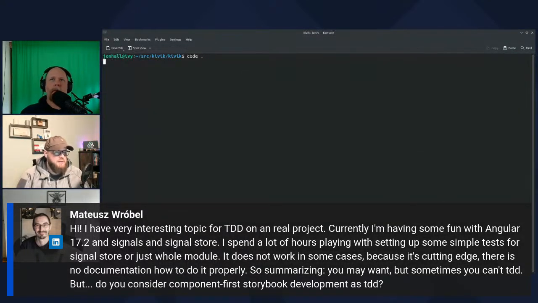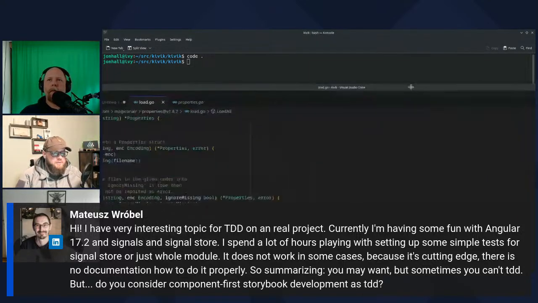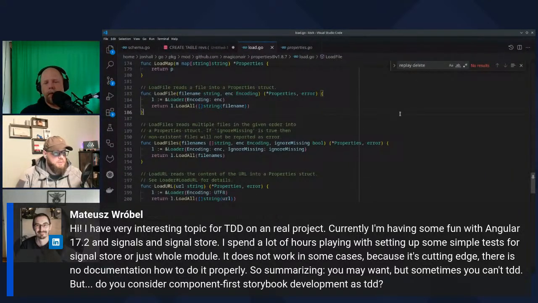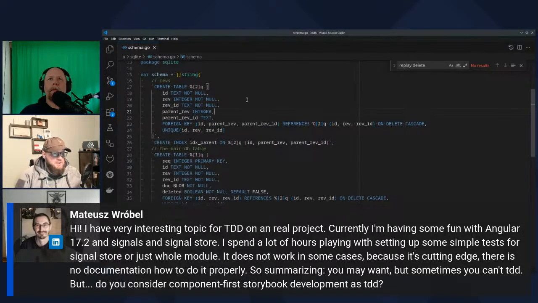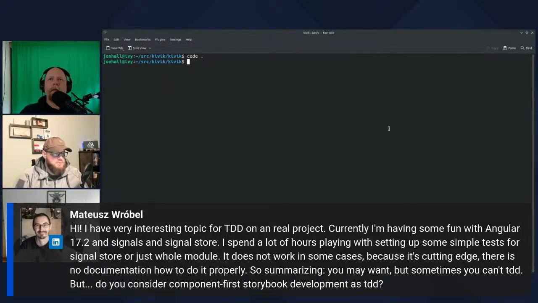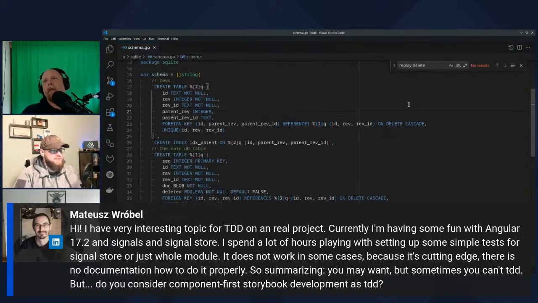I spend a lot of hours playing with setting up some simple tests for Signal Store, just the whole module. It does not work in some cases because it's cutting edge and there is no documentation on how to do it properly. So summarizing, sometimes you may want to TDD, but you can't. But do you consider component first Storybook development as TDD?"